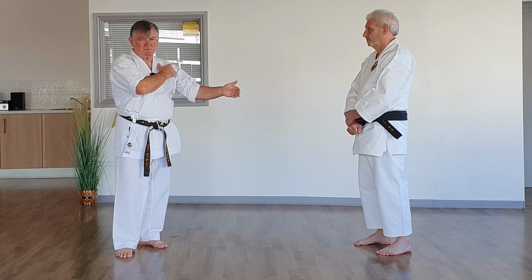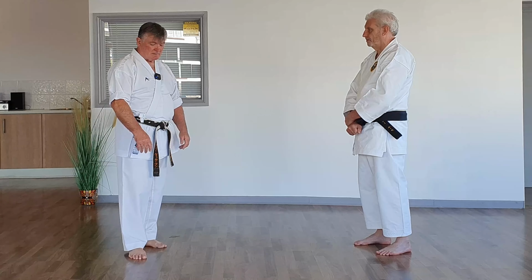So on any of the Goshin hose we do, once you've got the idea of the technique, then try and have a natural stepping forward, grab. Not just reaching forward and grabbing. So the one we're going to do today is